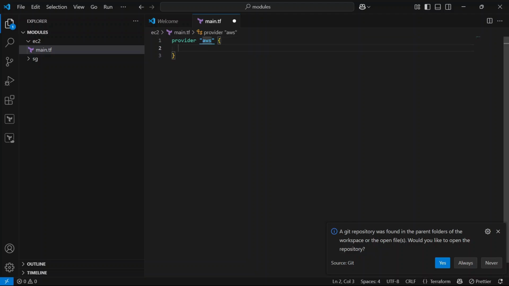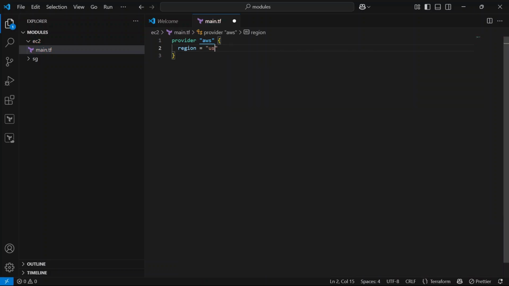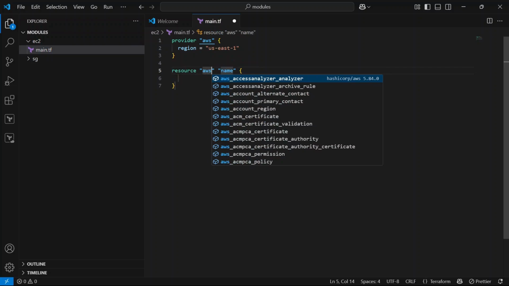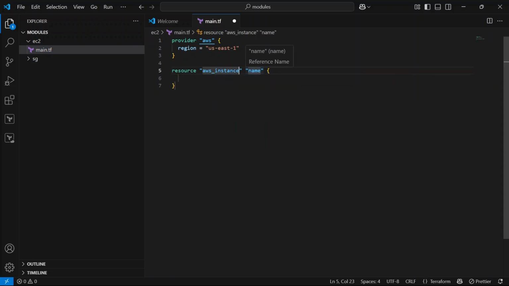I am going to use the US-east-1 region. Then after that I am going to create one EC2 instance. So resource aws_instance, and I am going to give it the local name Bev.